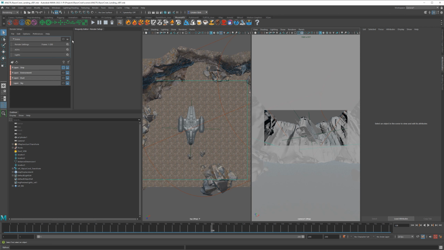So this layer is everything that is in the scene. This is what we use to check the lighting and see all the components together. So like the ship, the cliff, the sky, the dust, all of that in one layer. We don't want that to render though, because it's going to be kind of useless for us. We are separating these out so we can control them better. But ultimately, all these layers are going to recreate this one over here.